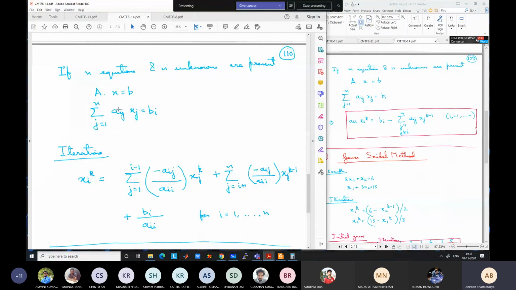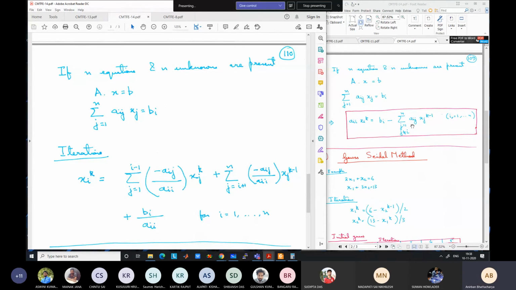Okay, and that j equal to i part means where j is equal to i, that part we will keep on the left hand side, similar to this. So what we will have is a_ii x_i^k. I have not written the a_ii, I have already jumped one step here. But you will have a_ii x_i^k is equal to, j equal to 1 to i minus 1, okay, all the values before i, starting from 1 to i minus 1, all the values.